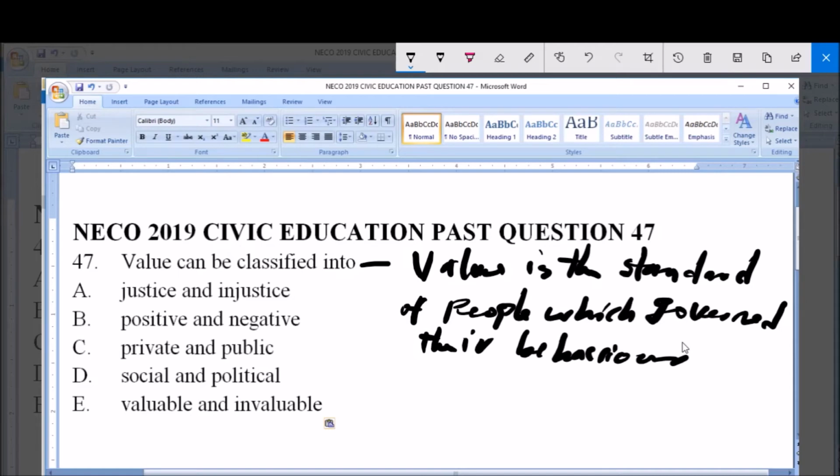Then option A says justice and injustice, B positive and negative, C private and public, D